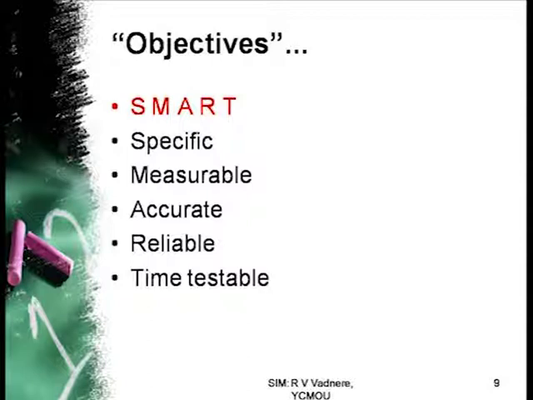It should not be very vague. If it is vague, then anything which you say is correct. That is not how we like our student to progress. Measurable means at the end of it you should be able to measure whether you have correctly undertaken that activity and achieved something which we can measure, then you will be able to do a better job. It should be again accurate, reliable and time testable. I do not wish to go too much into it, but I would like to go to the operational part of writing the objectives.